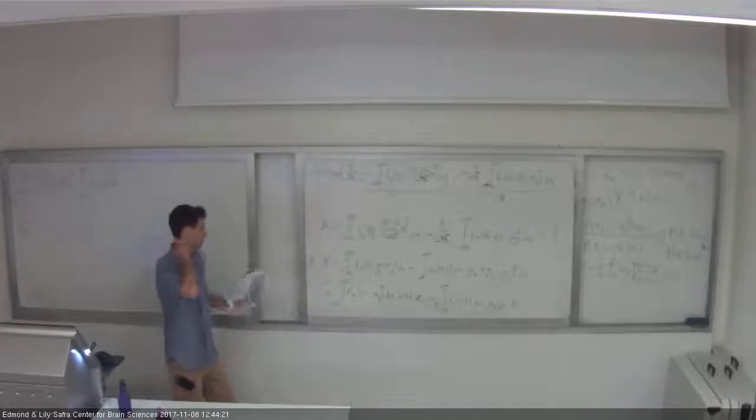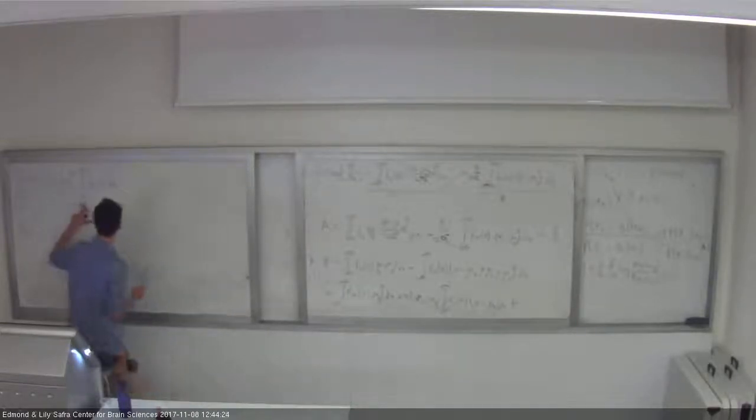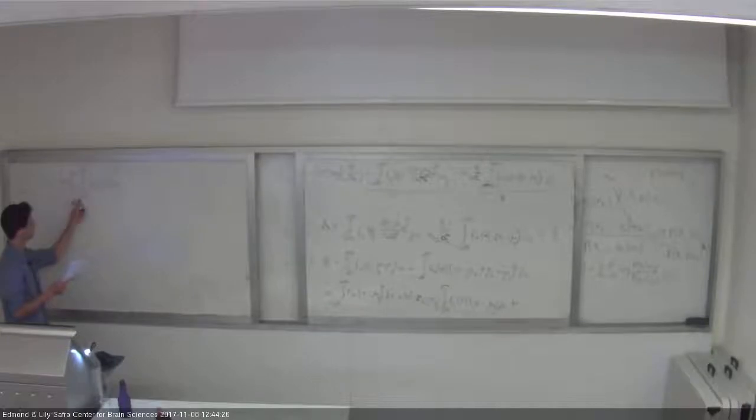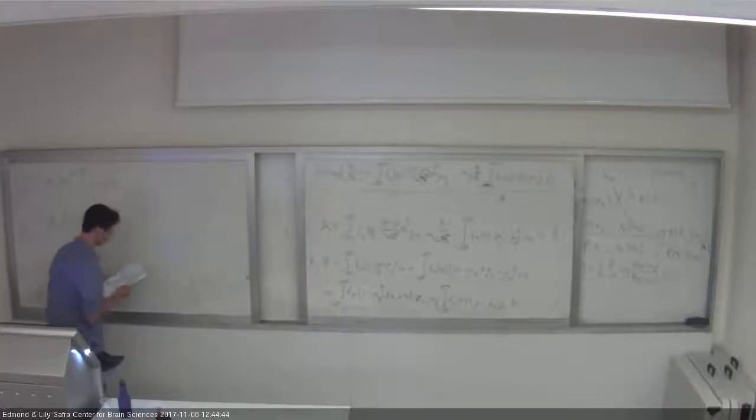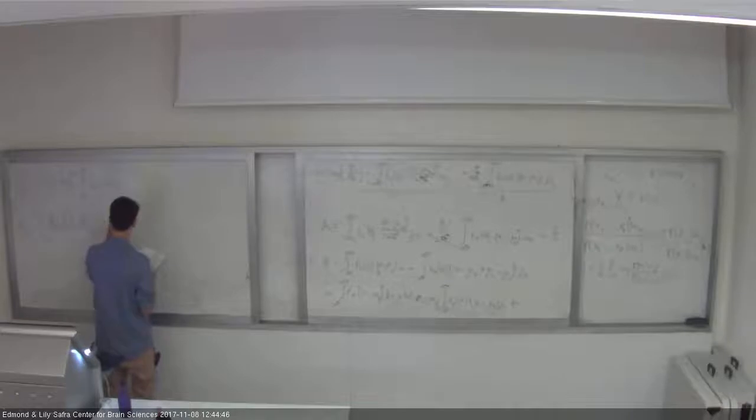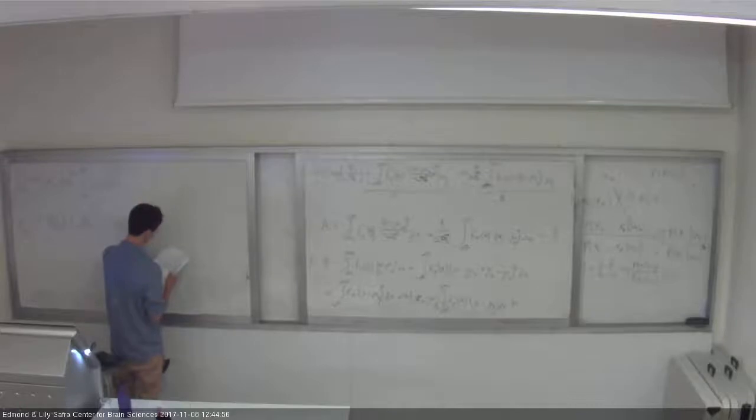And now this term, what is it? This is 1. Exactly. And so if we put it all together, we will get that the DKL between f0 and f1 is equal to log of sigma 1 divided by sigma 0 minus half